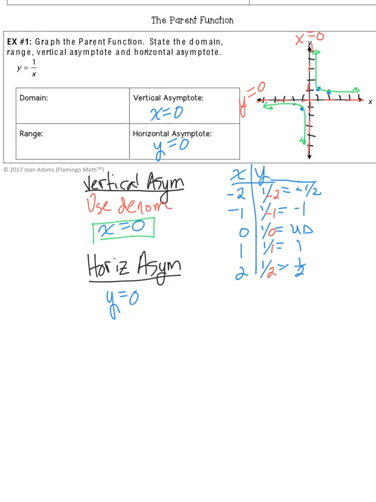So then as we look at far left here, the leftmost value we go on the domain would be negative infinity. So this graph is going to continue infinitely, getting closer and closer to that x-axis, but never actually touch it, and it's just going to keep going forever. So our domain starts at negative infinity,